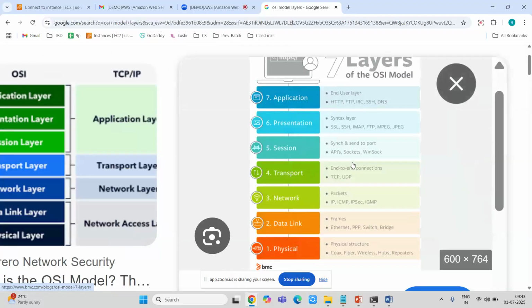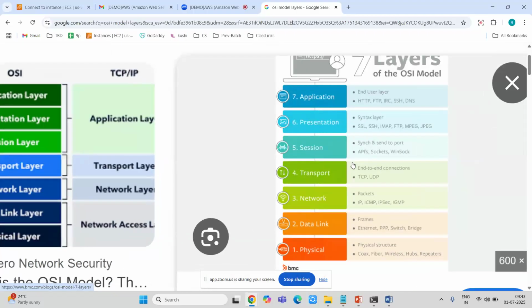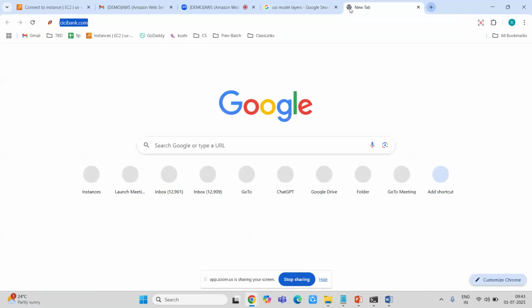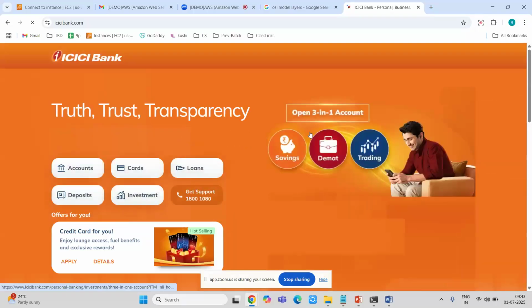So definitely, when we talk about a network or a cloud, we have 7 layers in our OSI model. It ends up at the application layer. If we just go and Google www.icsabank.com, how are we getting this web page? In the backend, developers have coded for it, but how are we able to access it?